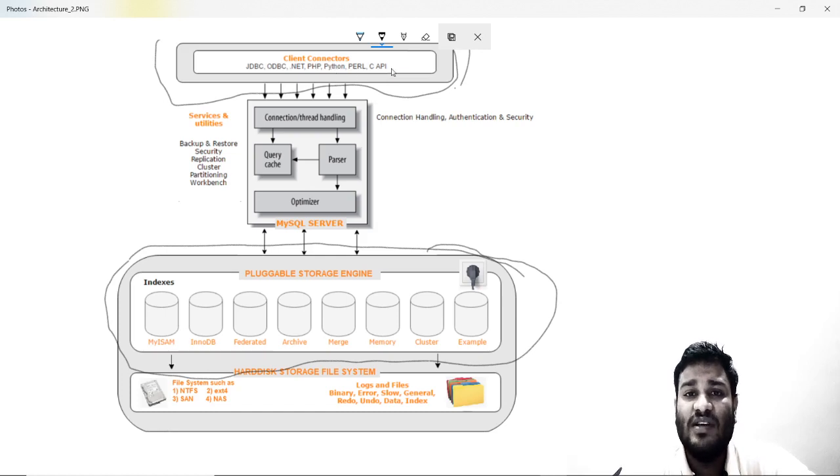All of these different languages have their own connectors. Java will have a jar file for connecting to MySQL. Similarly, other languages will also have their libraries for connecting with MySQL, and these libraries have been mostly created by MySQL or its associated partners.